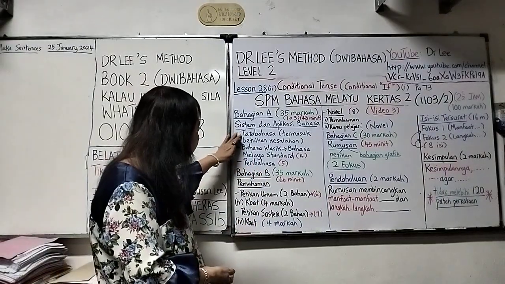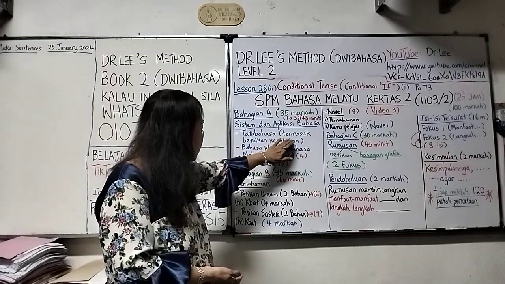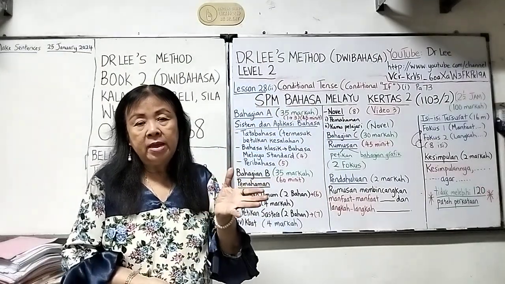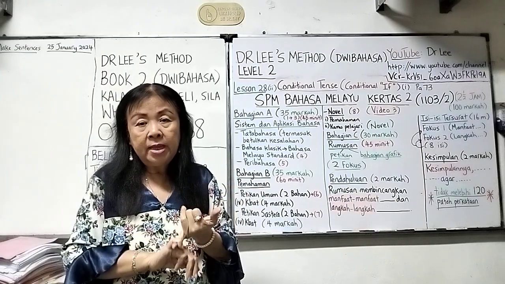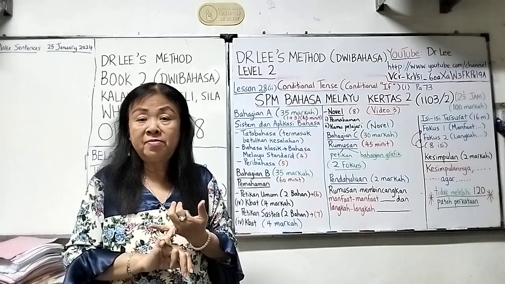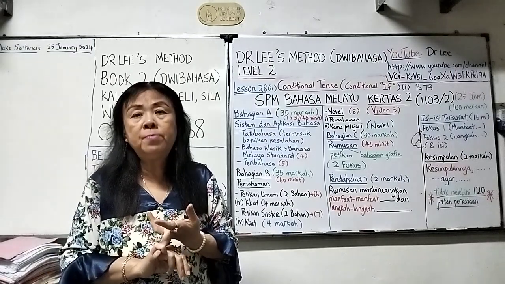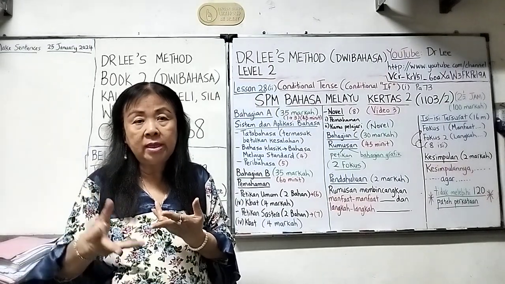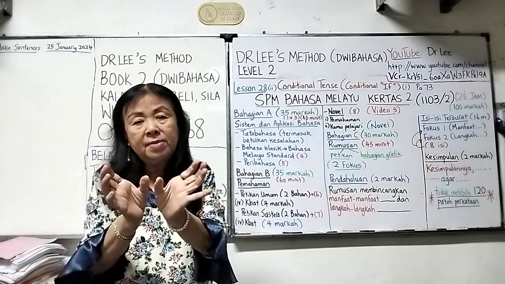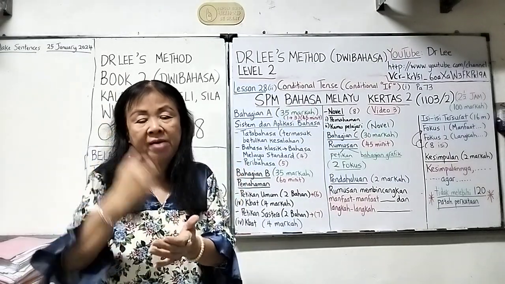So I have written here grammar, including betulkan kesalahan, correct the error. Maybe ejaan salah, maybe the vocabulary used, kosa kata, is wrong, you have to correct it. Or maybe imbuhan is wrong, you have to correct it. Or maybe the word is written supposedly to be together but they separate it, that is wrong, you have to